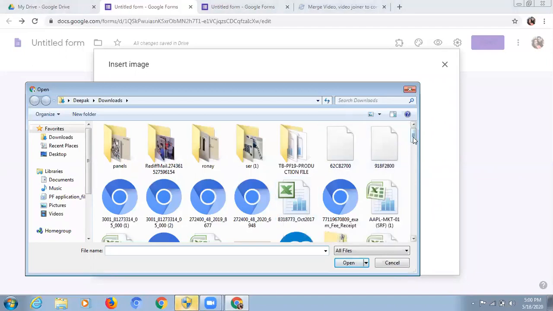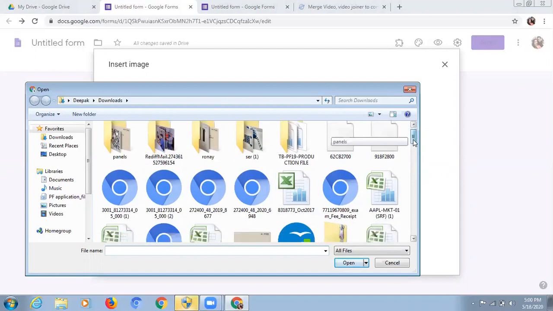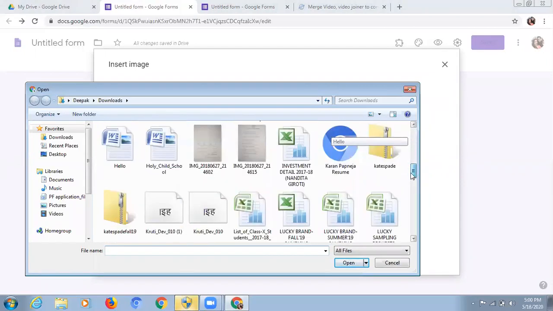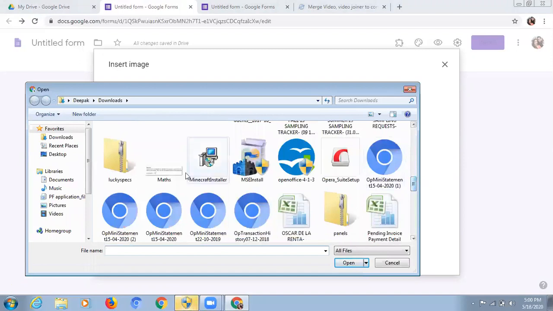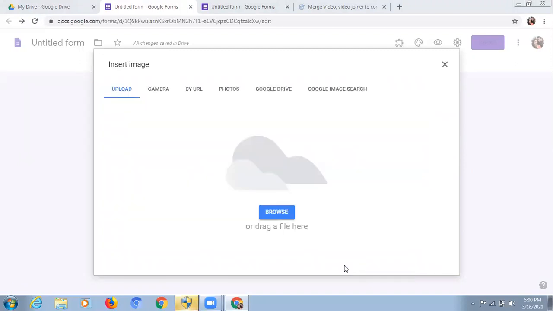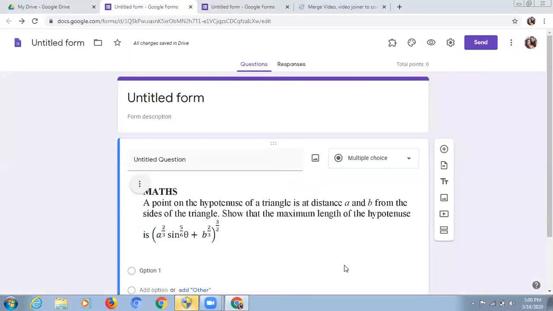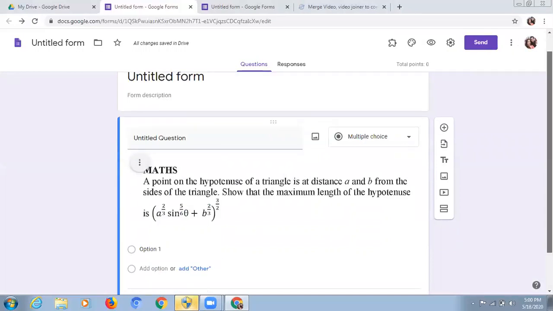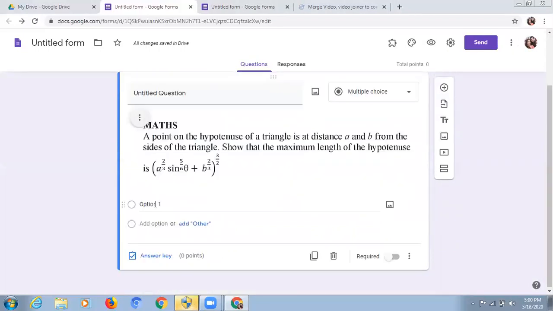And suppose that I want to add here the question of maths. So this is my maths question. I will click on open. So here you can see that my question is here, and now I can write the answers. If suppose that we have the answers also in these forms only, then those should also be saved on my system or on my phone in the form of a picture, so that I can go to this box and then again upload that particular image over here.